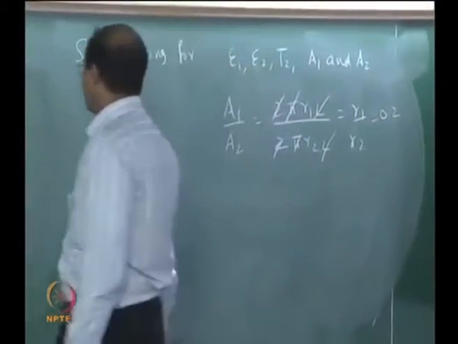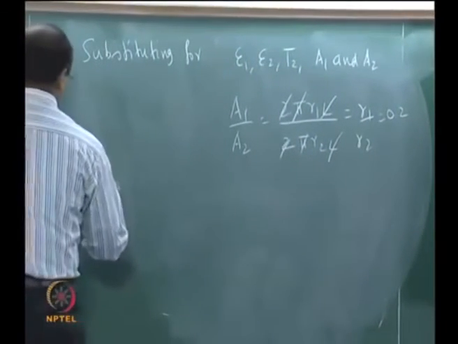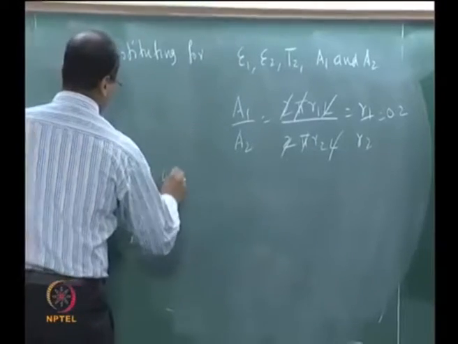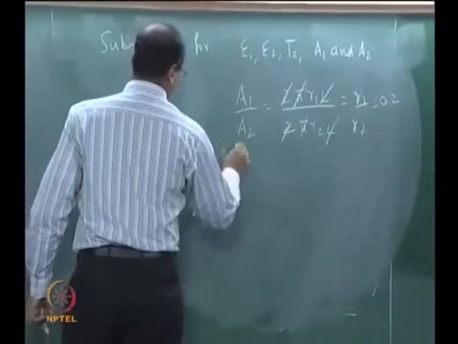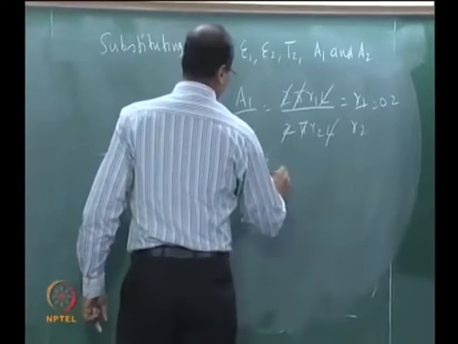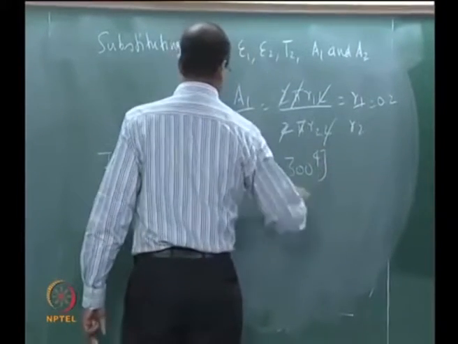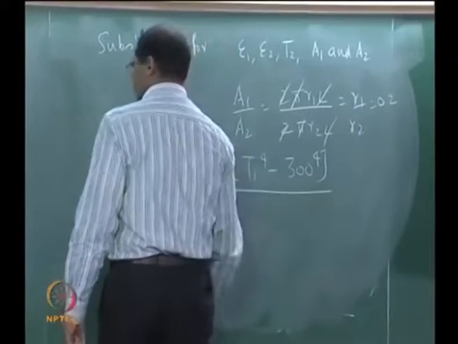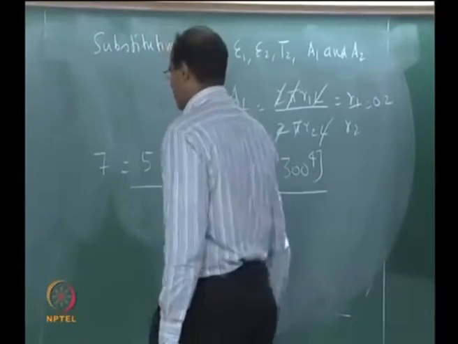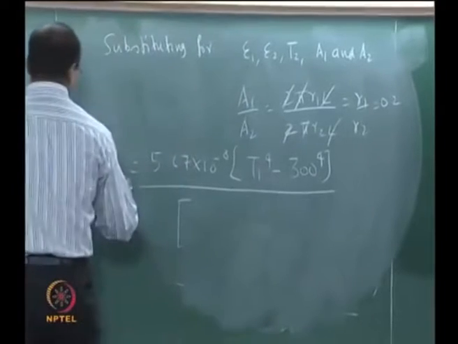R1 by R2 is 0.2. Therefore 7 by, very good, 7 by